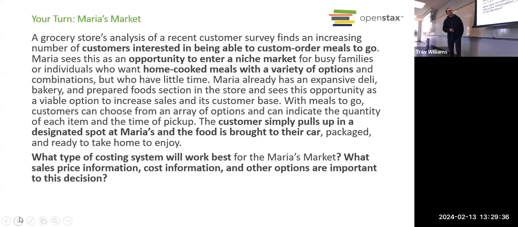So in this case, because of the variety of options, job order costing would give them a better idea of their actual costs for each order, which tells them their actual profits for each order, right? To know your profits, you have to take revenue minus costs. Do you want to know your costs? Do you know your profits? So, okay, I think that covers everything here. Any questions or comments?